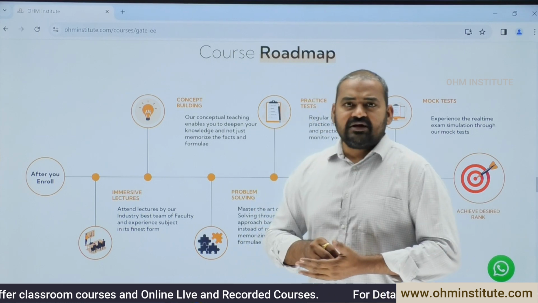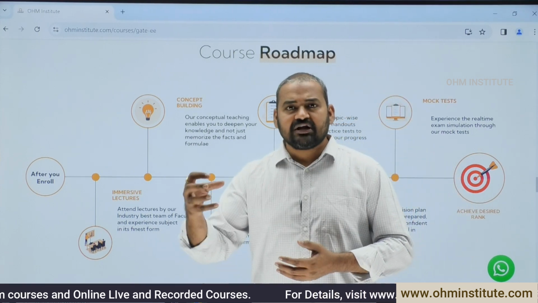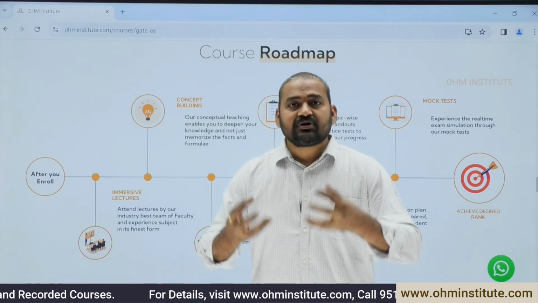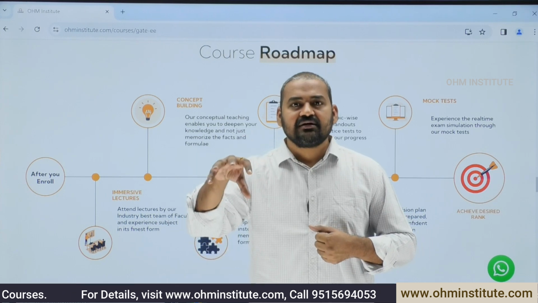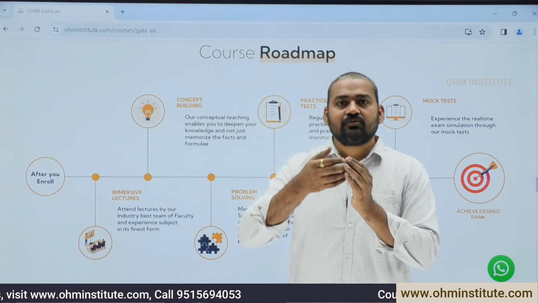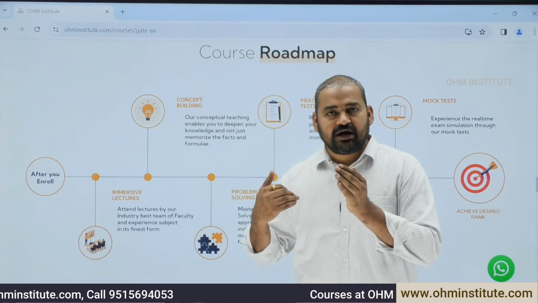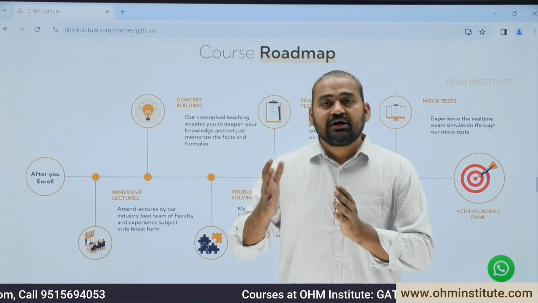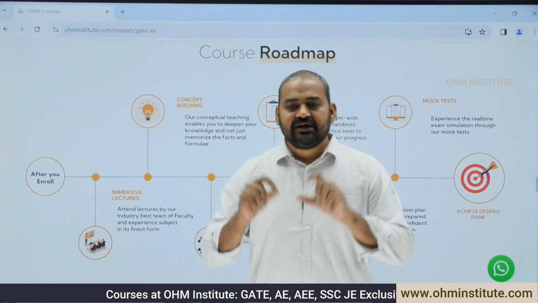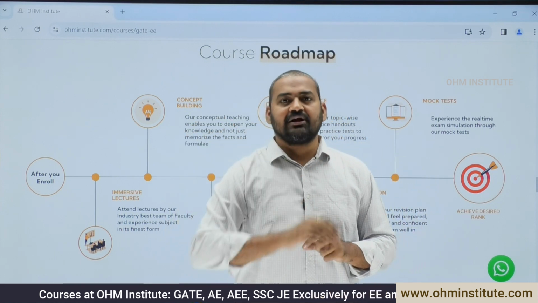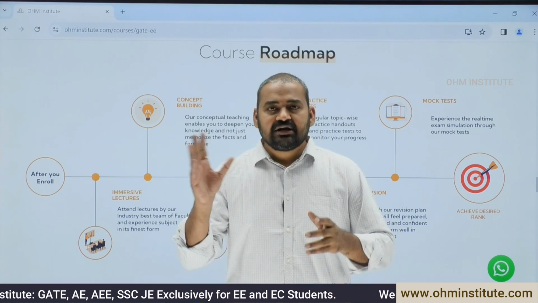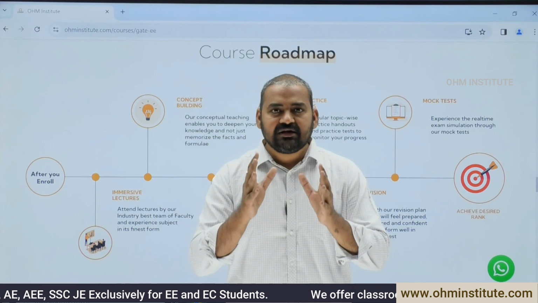The second part of the course is concept building. During the lectures, it's not about mugging up the formulas, or by-hearting the statements or concepts. It's about understanding the concepts to the very depth. You should not by-heart a formula. You should understand the story behind the formula, how it has been derived, and what factors affect it. Suppose I write the hysteresis loss formula in a transformer. You can by-heart that formula and go directly to the examination hall,